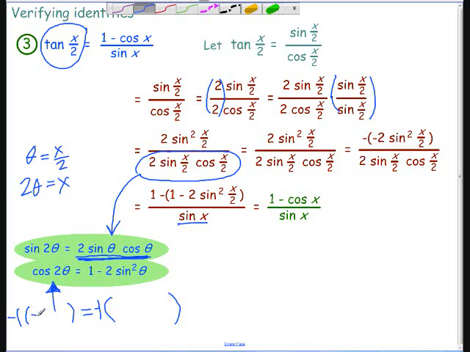So I'd have a minus cosine 2 theta. On this side I'd have a minus 1 plus 2 sine squared theta. Alright, so I have the 2 sine squared theta,